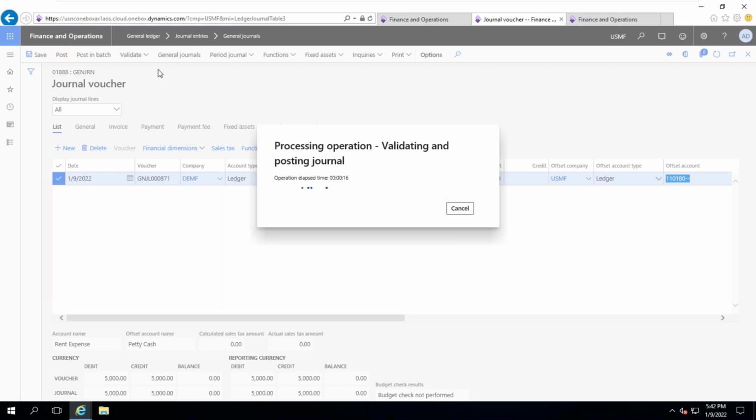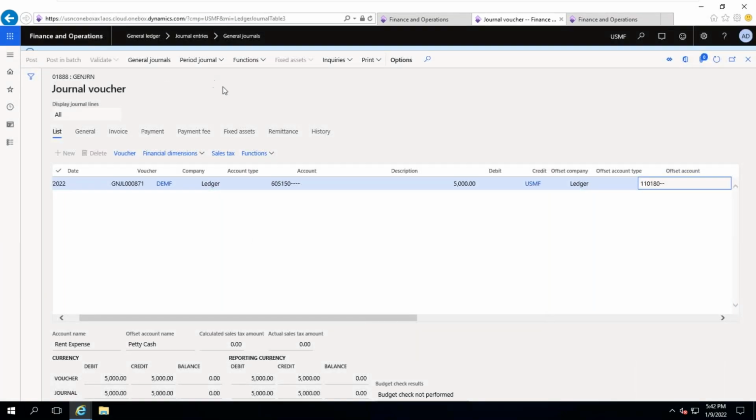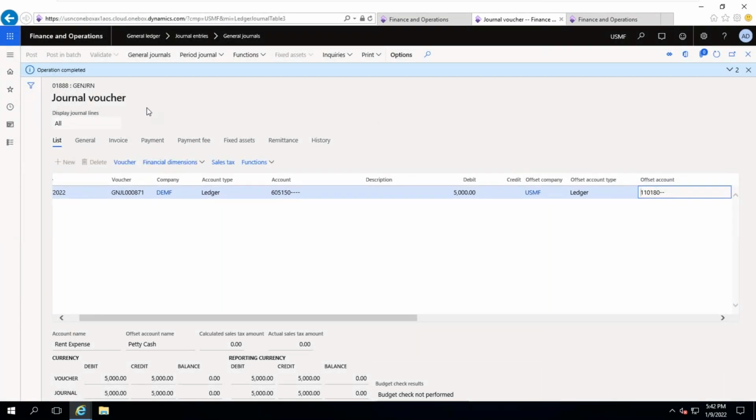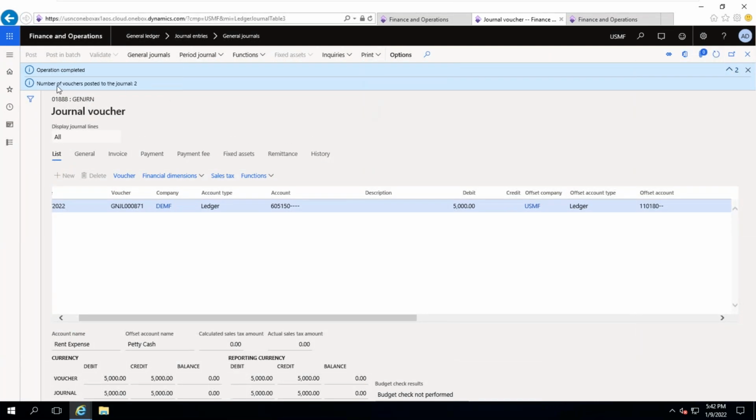The message will come, journal posted one. In normal situations, it will post one journal. If you verify at the bottom, the number of vouchers posted to the journal is always one. Always it will show you one. Now it is showing two. Now if you go to this one, it is 605150.